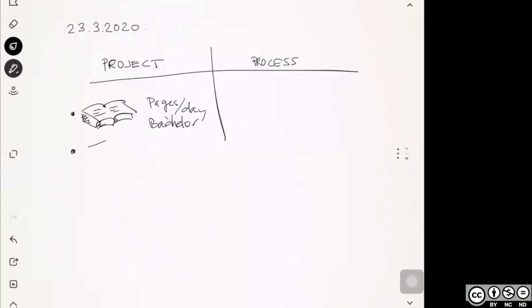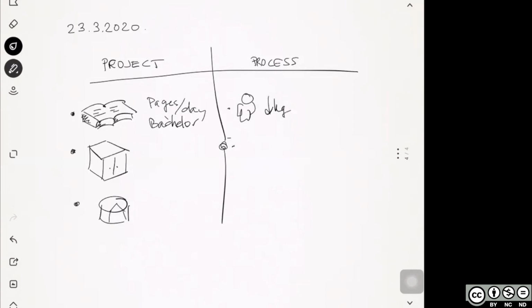You can think of building a closet for your girlfriend, or for your boyfriend, or cooking project, for your girlfriend, or for your parents. I don't know, like baking a cake, whatever. Okay. A process could be like, as I mentioned before, losing weight, eating healthy,